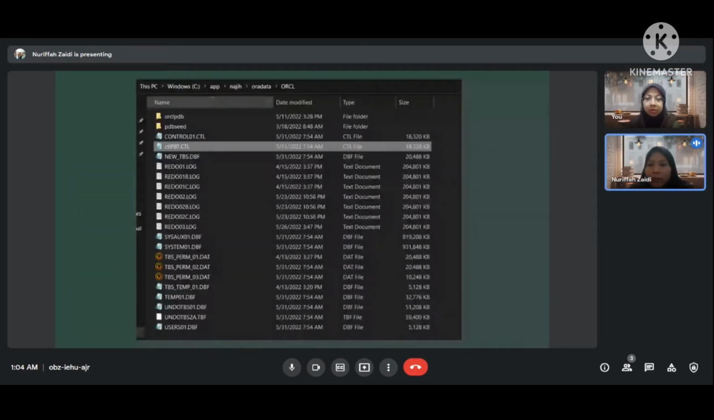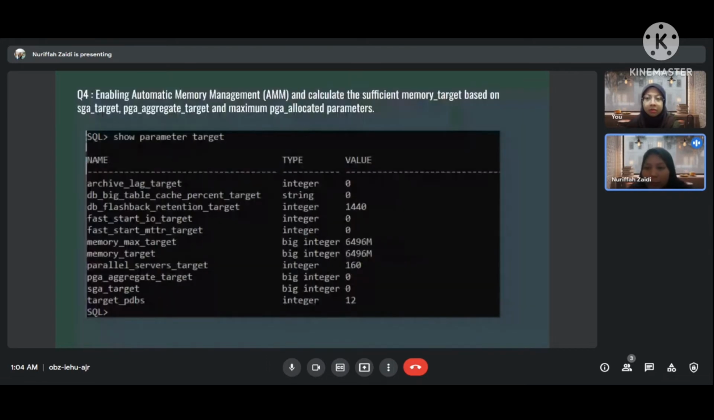So for question four, what does it tell us about the memory management that involves the maintaining implementation of Oracle? What we have to do is enable the automatic memory management, AMM, and calculate the memory target based on the SGA target, PGA aggregate target, and maximum PGA allocated parameters. So first things first,